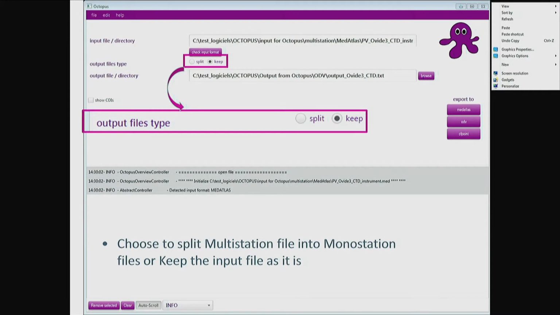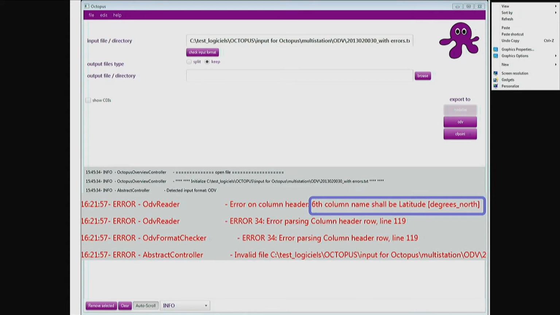It does not correct the error for you. It depends which kind of errors. For example, the deprecated parameters will be corrected soon. Up to now, they are not. But in the next version, we will put the right term. And for this one, I'm not sure, because maybe it's in this column I find the temperature instead of latitude, so I will not correct it. You have to check the file.